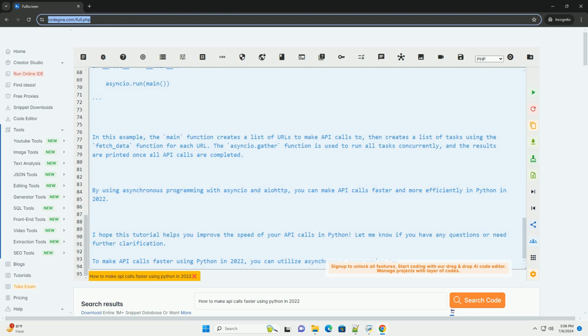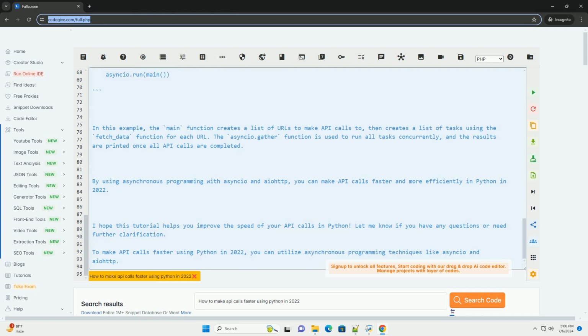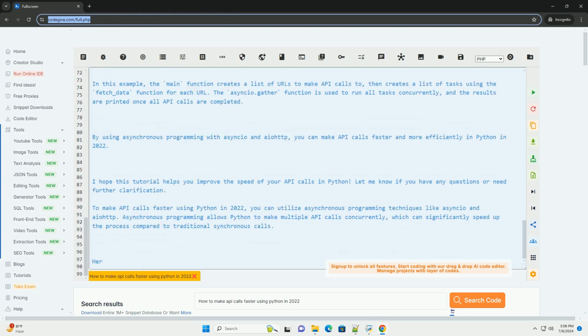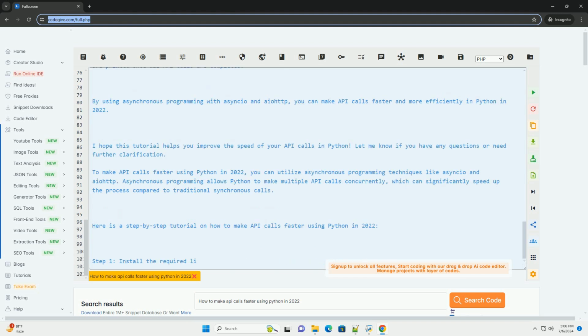In this example, the main function creates a list of URLs to make API calls to, then creates a list of tasks using the fetch_data function for each URL. The asyncio.gather function is used to run all tasks concurrently, and the results are printed once all API calls are